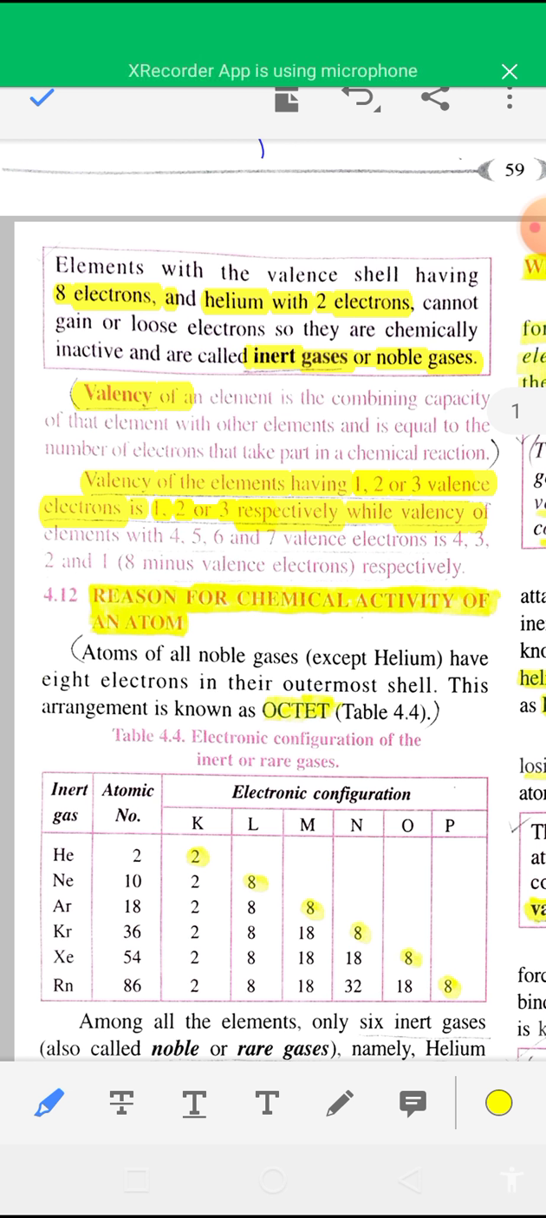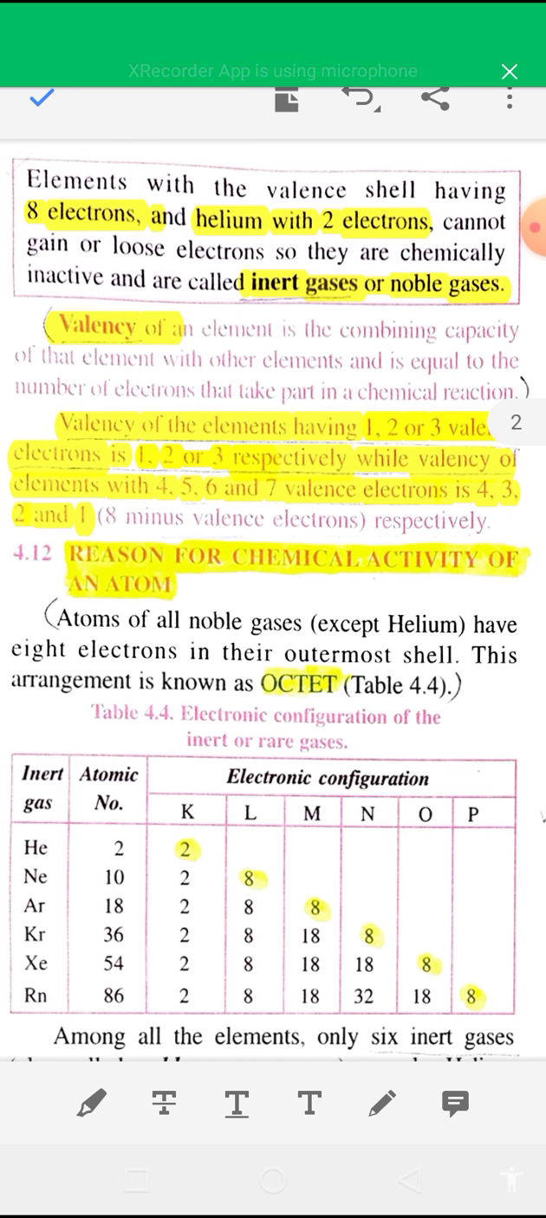Valency of elements having 1, 2 or 3 valence electrons is 1, 2 or 3 respectively, while valency of elements with 4, 5, 6 and 7 valence electrons is 4, 3, 2 and 1. That is, if there are 1, 2 or 3 valence electrons in the outermost shell of an atom, then valency is equal to the number of electrons in the valence shell, and if the number of electrons in the valence shell is more than 3, that is 4 or more than 4,